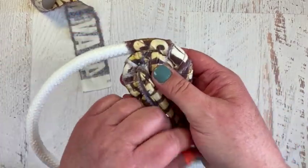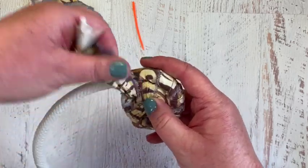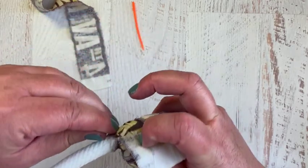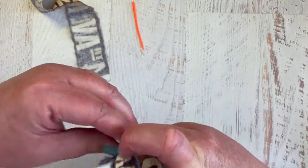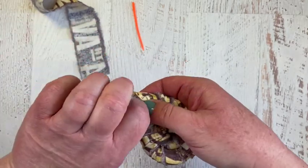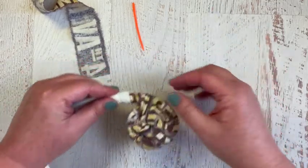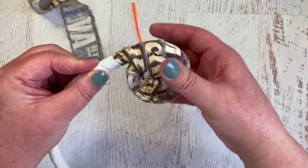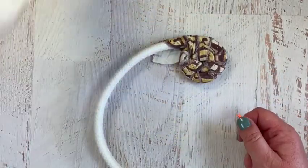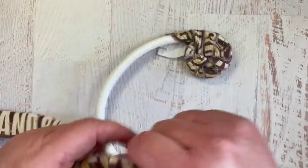There we go. That is a nice cinnamon roll right there. Then this, I'm going to twist it, bring it around, pull it up next to that stitch right there. And then I'm going to start wrapping this because it's going to be held down with the next piece of fabric. Okay, so now I reach for another piece of fabric, fold it in half, and I'm going to keep